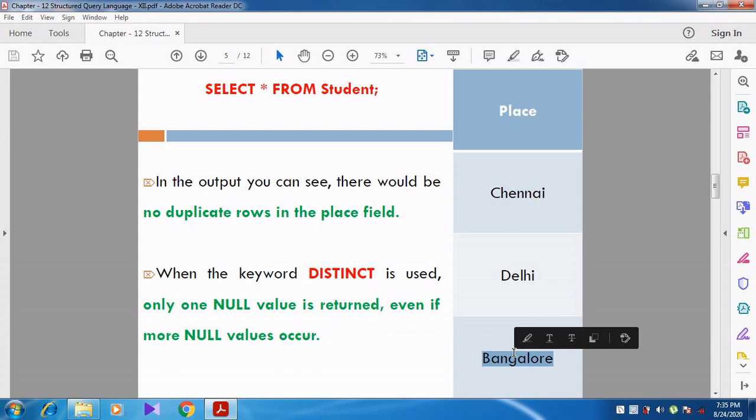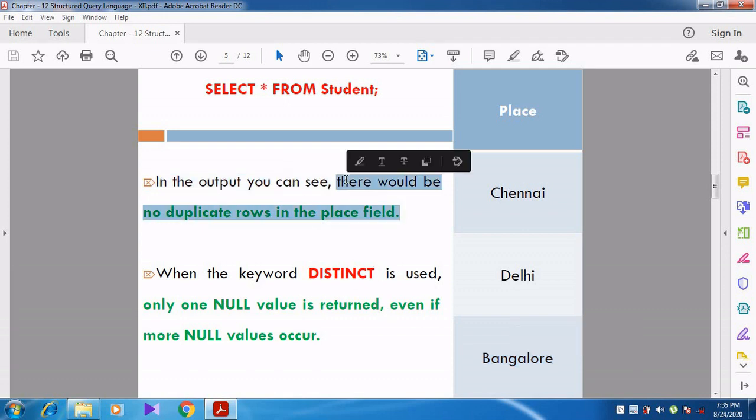It is displaying only the three places, not the places of all the students. So there is no redundancy. Only one time Chennai, Bangalore, Delhi are displayed, not more than once. So duplicate rows are eliminated. In the output you can see there are no duplicate rows in the place field.